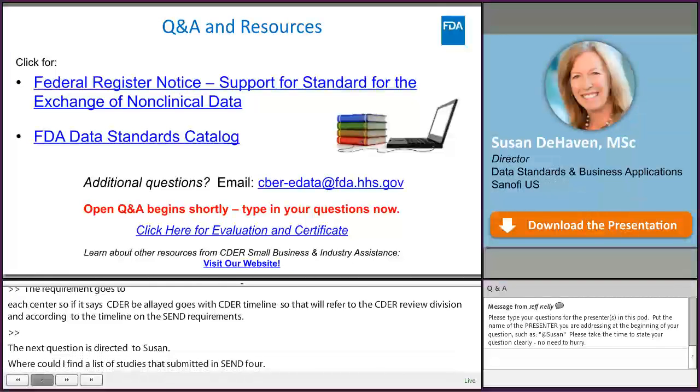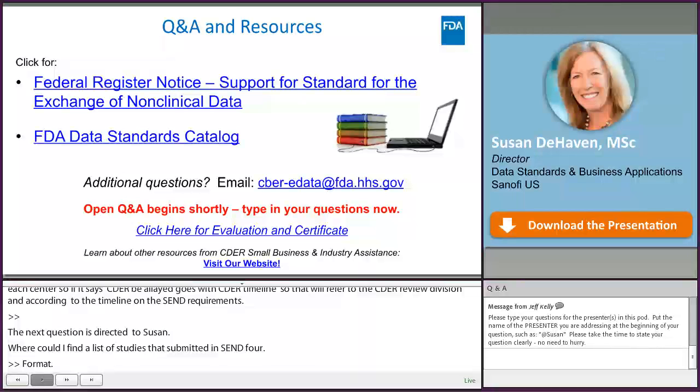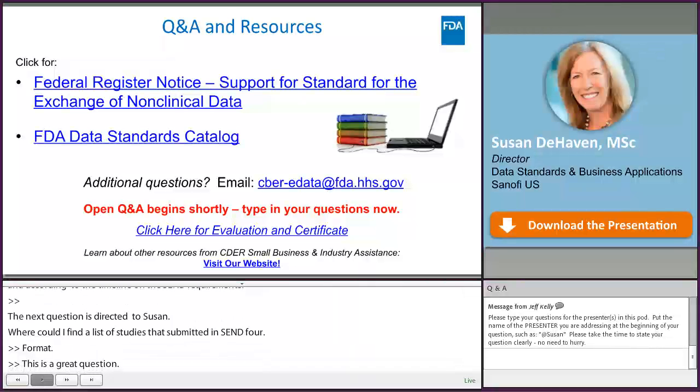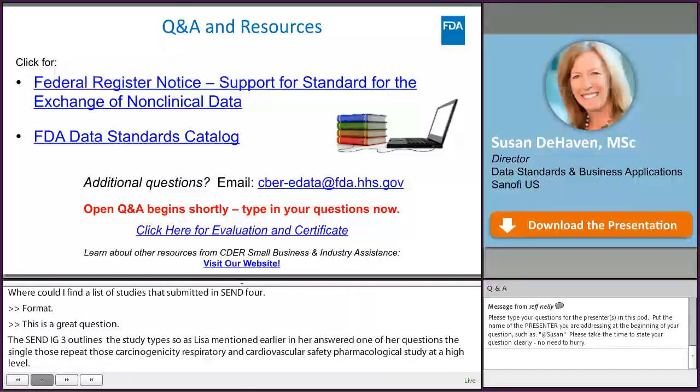Okay, so this is a great question. The Send IG 3.1 outlines the study types. So as Lisa mentioned earlier in her answer to one of her questions, of the single dose, repeat dose, carcinogenicity, respiratory and cardiovascular safety pharmacology studies at a high level. The next level is, as we know for CBER studies, there's a variety of what we would consider traditional toxicology endpoints, as well as other endpoints that are, let's say, maybe not usually in a CDER type study. In those cases, it will be important to discuss with the reviewers at the pre-IND meeting which data you're